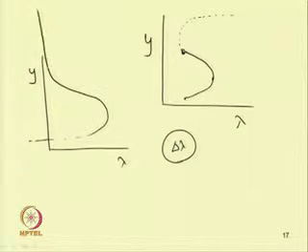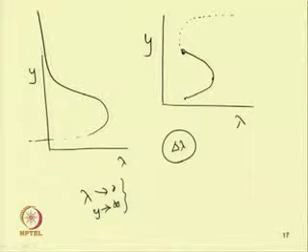So, for lambda tends to 0, one can see y tends to infinity, but in the actual case the response will be bounded. So one has to truncate the solution, or one should avoid taking those values of lambda for which it tends to infinity. So one has to avoid this range, or truncate the response up to this. In that case one will get a finite value of the solution.